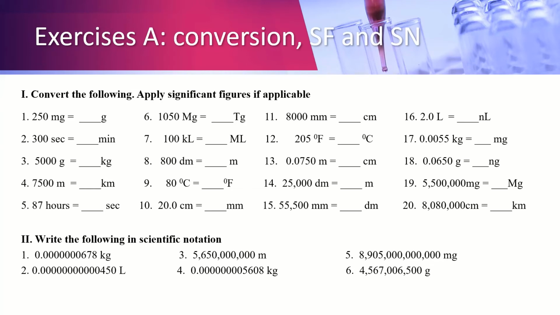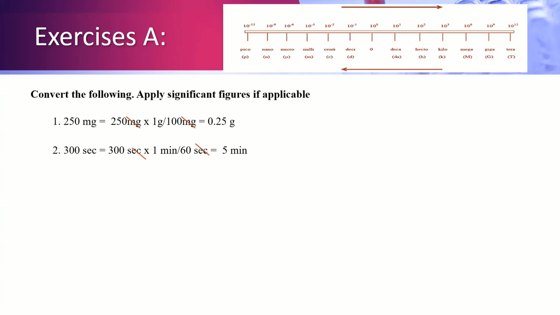I prepared some exercises on conversion, significant figures, and scientific notation. We can work on some exercises together, while the rest you can do on your own. Now for the first exercise, converting 250 milligrams to grams. You multiply 250 milligrams times 1 gram over 1000 milligrams. You cancel milligram, you are left with gram in the numerator. So 250 divided by 1000, you get